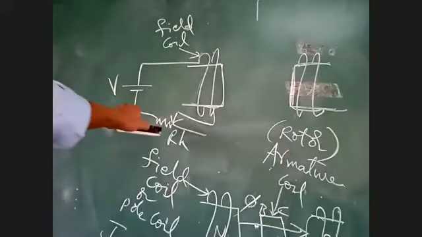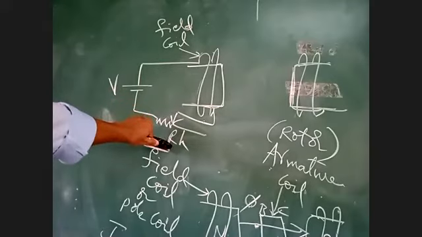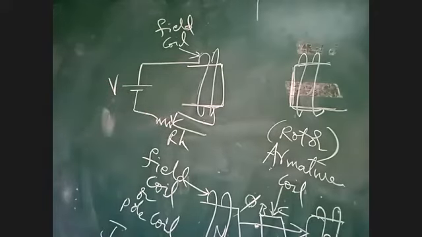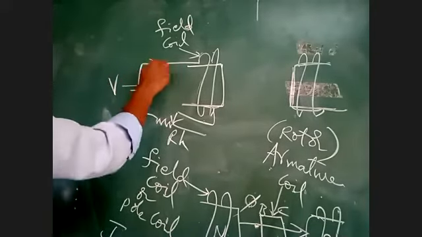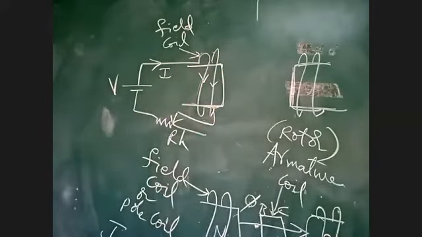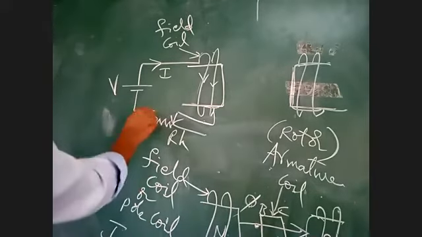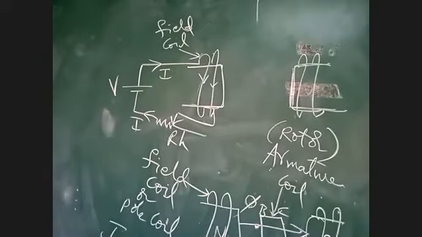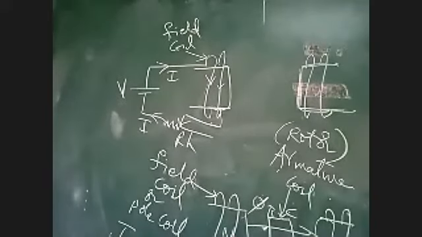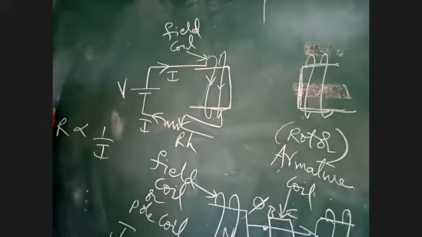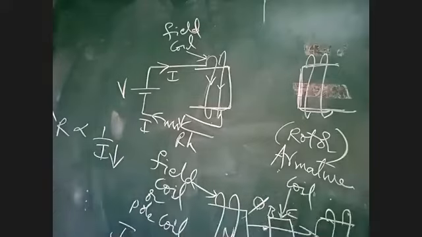This is the jockey point, and this is the variable rheostat. This coil is connected to the DC voltage and the rheostat. When you give the supply voltage from negative to positive, current will flow in this coil. Suppose the resistance is very high, what is the amount of current flowing in the coil? It would be almost 0. Resistance is inversely proportional to current. If resistance is high, current will be less.